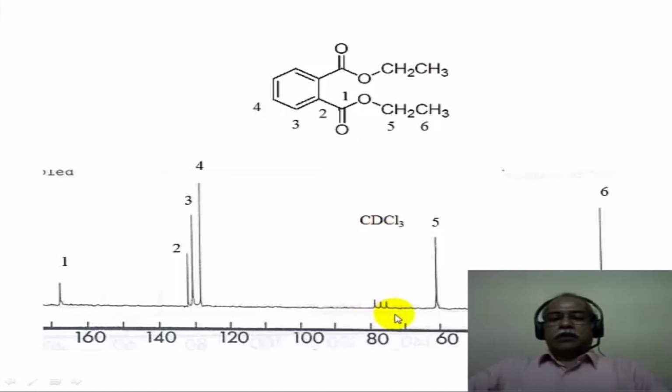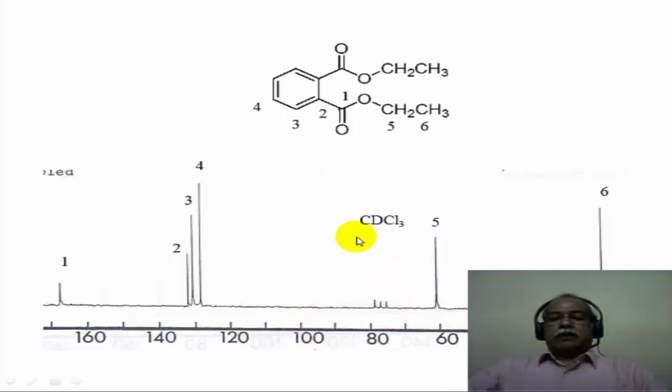This is one such instance where the chloroform peak is seen here. This is the CDCl3 peak that is seen here. Essentially you see 3 lines with equal intensity because the deuterium couples with the carbon. The deuterium is not decoupled, only proton is decoupled. So the deuterium coupling is because deuterium is a spin 1 nucleus. The 2nI plus 1 value corresponds to 3, and therefore the 3-line pattern is seen for CDCl3.